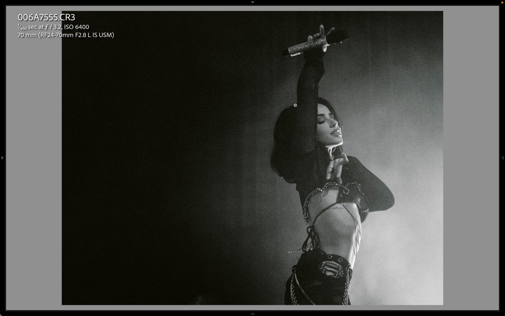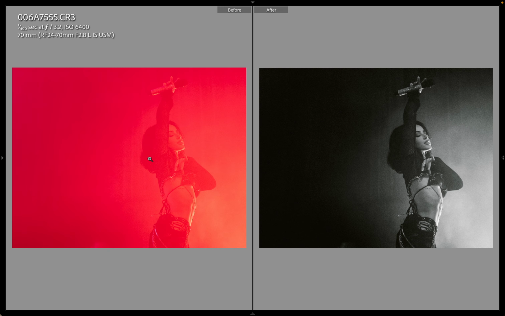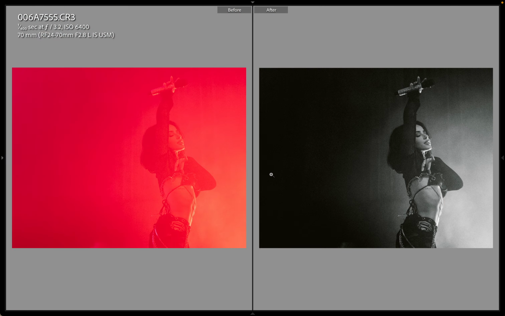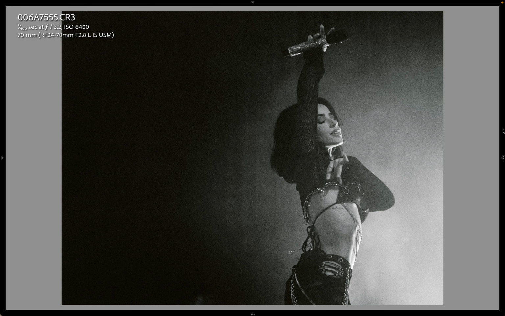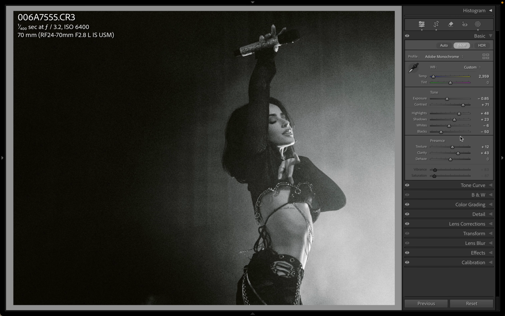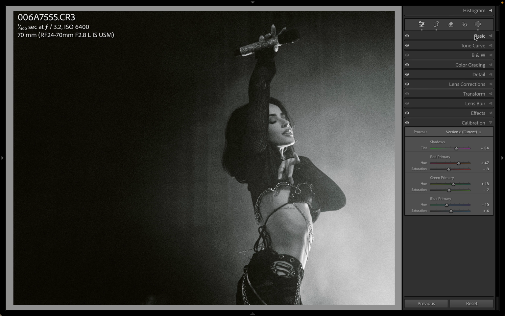Here's another 4:5. This one, I had to push a lot. You can see it's almost completely washed out. There's not much data there. So I had to go black and white and really push some of the sliders here. And a tip, when you're working in black and white like this,